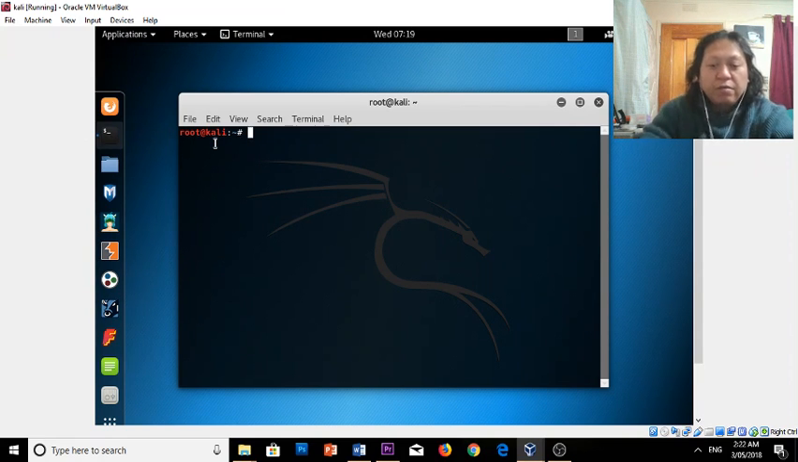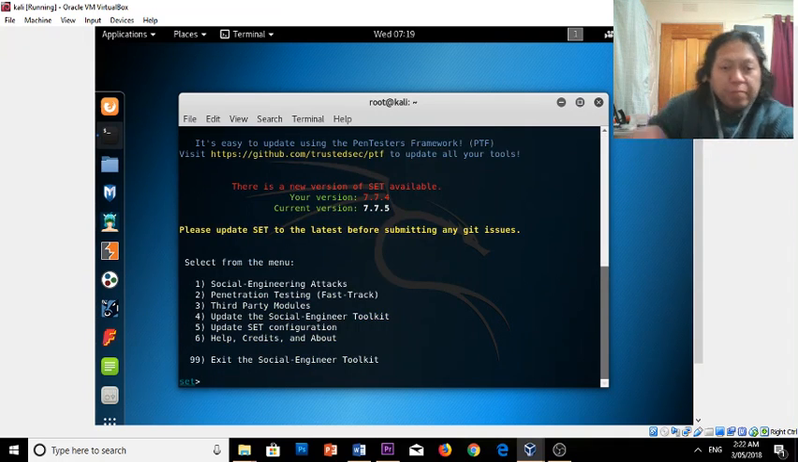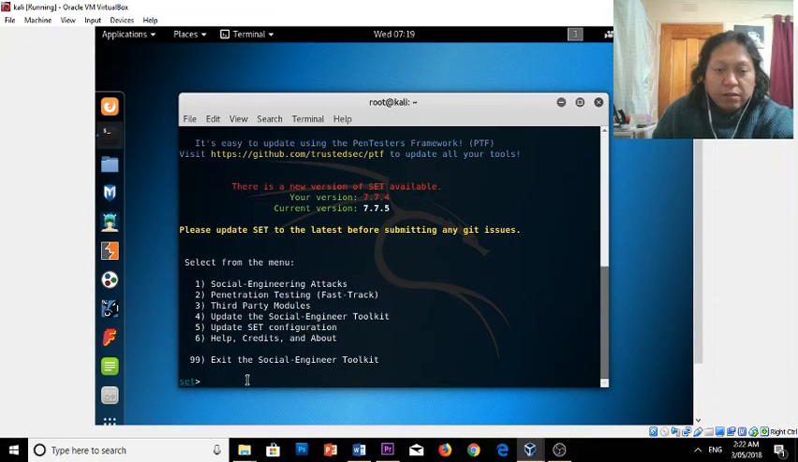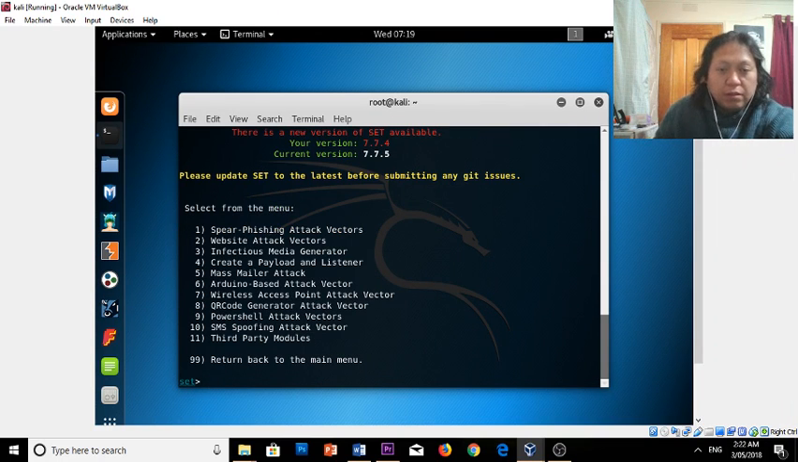So in here we're gonna set a toolkit. Then our attack will be a social engineering attack. So we'll select one. Then we're gonna create a payload and a listener. So the payload